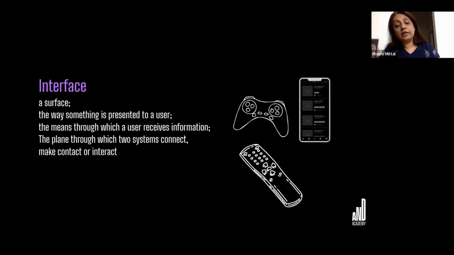Similarly, if you see the other images on the side, when I'm operating a television, I operate it through my remote. Now, good old days, you could also go to the television and operate, but now I'm operating it through the remote. Now, there's technology in how the remote is communicating with my television, what I see on the television, whatever functions the remote is performing. But all of that is happening. The interaction between me and the technology of my television happens through the interface of my remote.